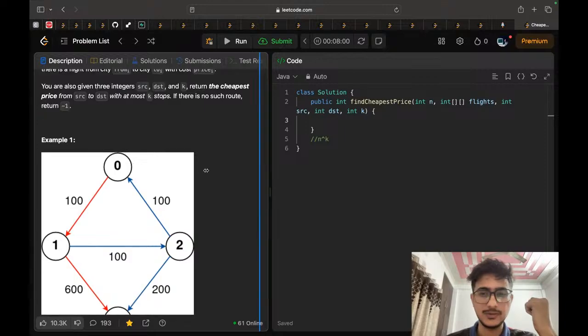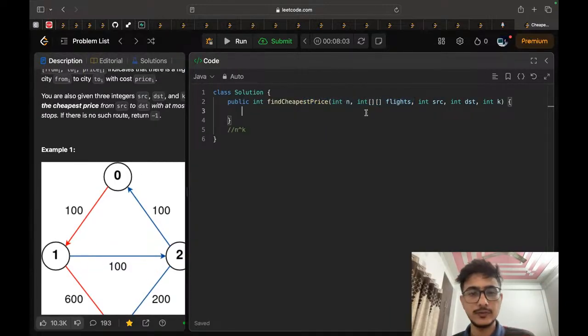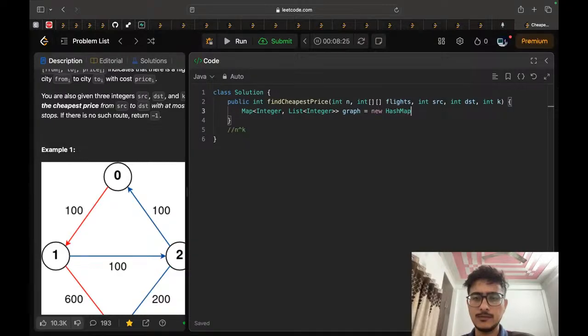So we have the number of nodes and these are our flights. First we will create a graph, a map of integer to list of integer, and for each flight, the current flight in flights,